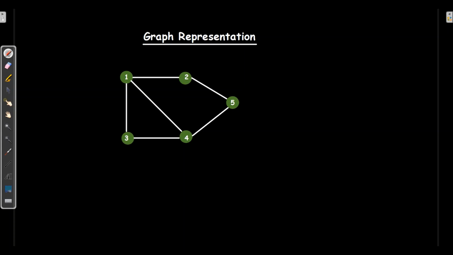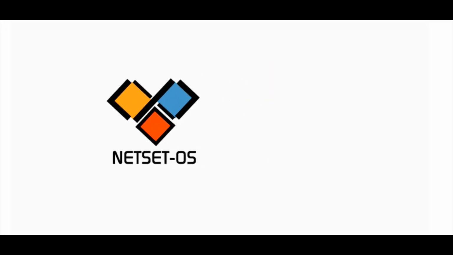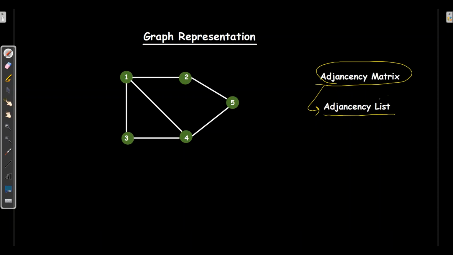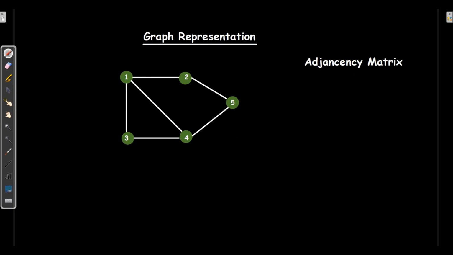Let's cover the basics of graph and then we will come to the questions based on graph, specifically algorithms. So in this video, we'll be discussing graph representation, taking an example. With that, I will draw matrix and then list. So let's get started. Here we have a graph and we will draw a matrix for it.